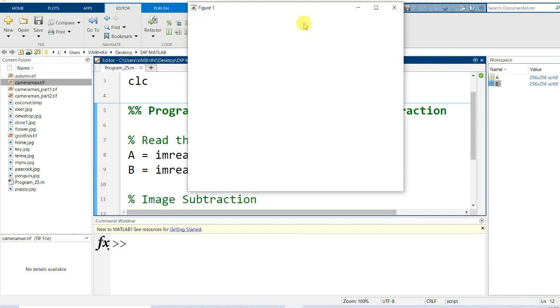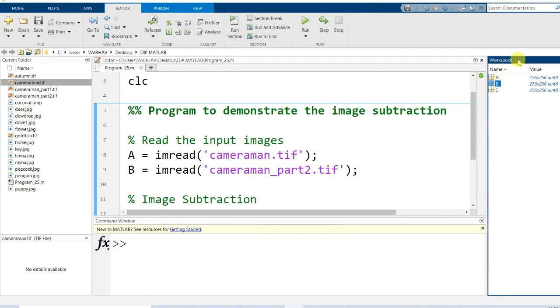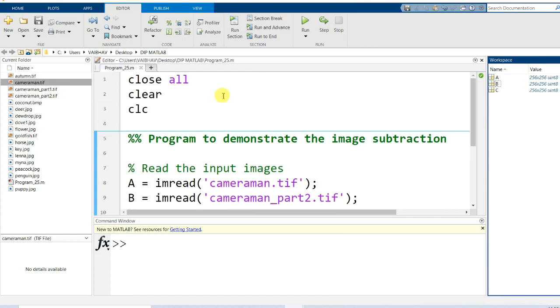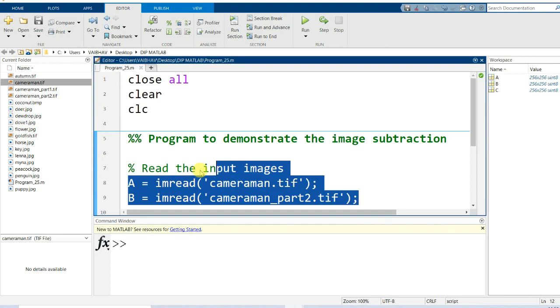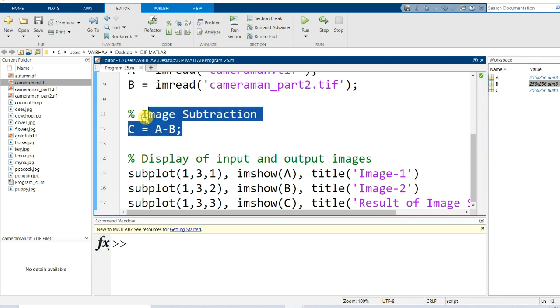After running this particular script, a MATLAB window popped up here. We will get back to it, but let us check the workspace here. At the initial stage, we checked whether it is successfully reading the images into the MATLAB environment or not. There were only two variables, capital A and capital B, the two operand images, before performing the subtraction here. Now there is another variable, capital C, again with the same dimensions as the input images, which has stored the result of image subtraction because of this simple MATLAB syntax here.